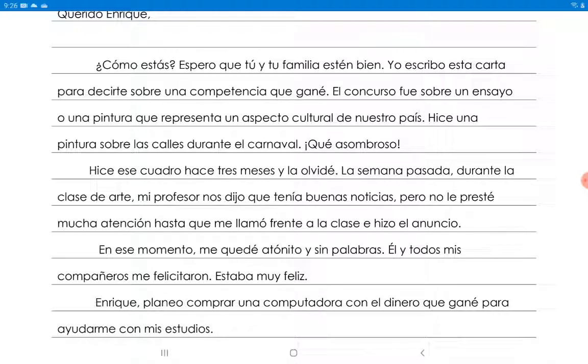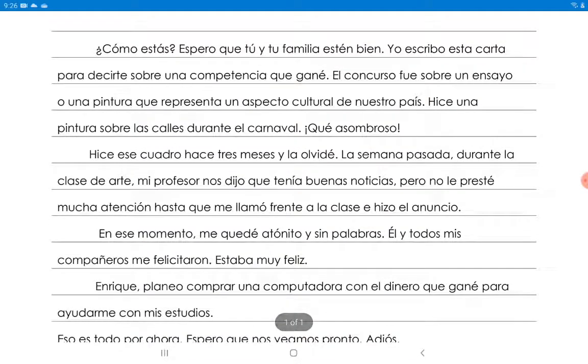So I give here a little more information. I'm recommending that you add a little more. Give a little bit about the competition. What was it about? So the competition or the contest was about an essay or a painting that represents a cultural aspect of our